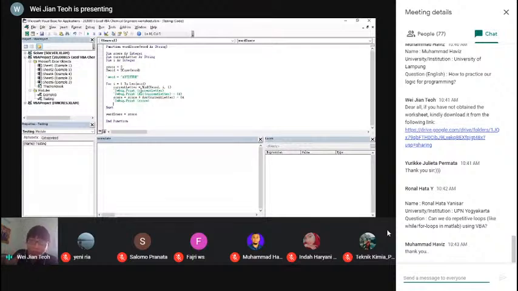Basically, anything that you can do in MATLAB, you can do in Excel. Simple as that. But the way you type it in is slightly different. The keywords are slightly different, the brackets and so on are slightly different. I hope that answers your question, Ronald. So the simple answer is that anything you can do in MATLAB, you can do in Excel.